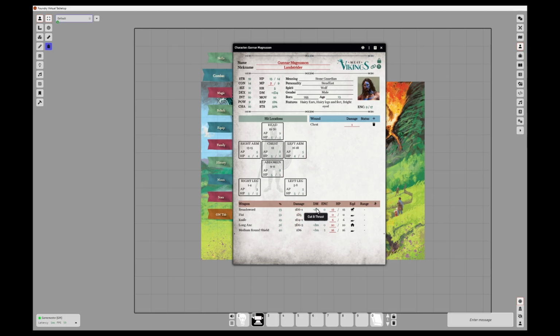The DM column shows if a damage modifier is applicable, and the tooltip shows the special damage that the weapon will do. You'll then see encumbrance, current hit points, maximum hit points, and an equipped icon, and finally a range if it's appropriate to the weapon. You can click on the equipped icon to toggle through the equipped status. The first icon is a hand, which means you're carrying it. If you're carrying the weapon, then encumbrance